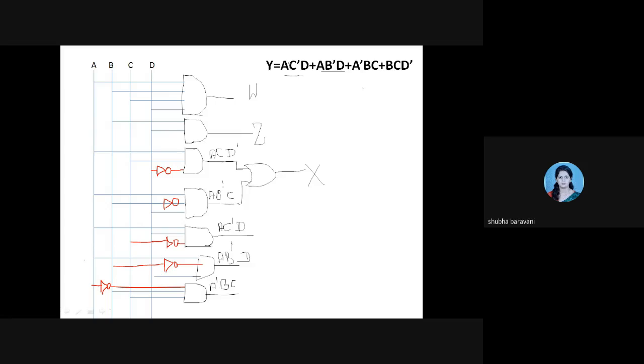Draw for B C D bar. See, B is here. C is here. And for D bar you have to put an inverter. Okay. You get an AND gate. Taking these four, which gate will you put? OR gate.